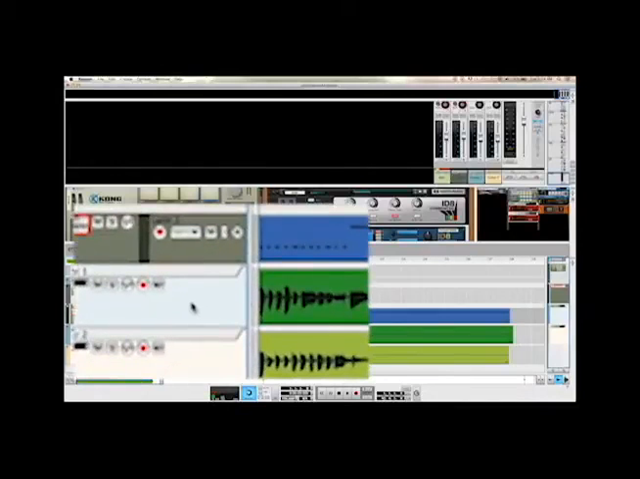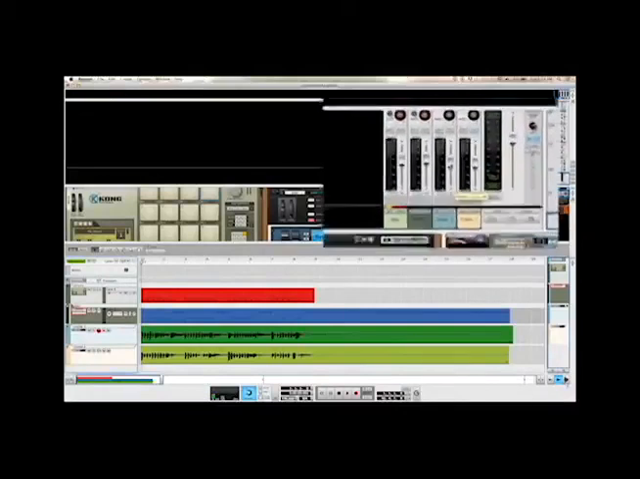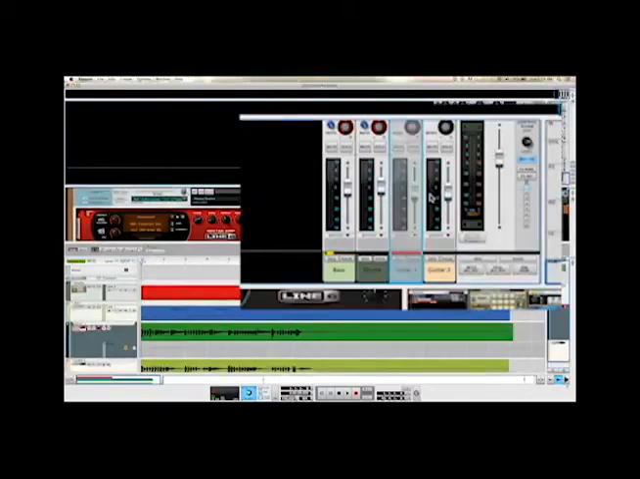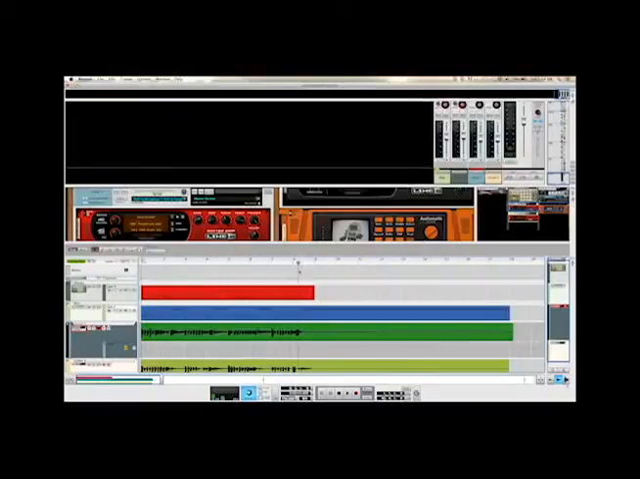Now the first thing I need to do is enable automation recording by clicking that, and then I will go up here to my track 1 guitar track, right click on that, hit edit automation. You might notice a little green outline there. That means our automation is ready to go. So I'm going to zip to about where I'm going to start the fade at the end of this track and simply hit record,